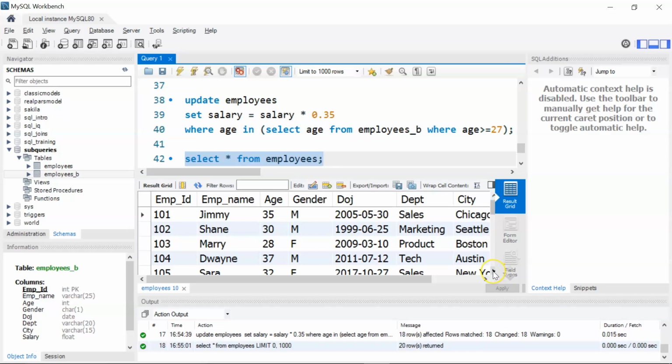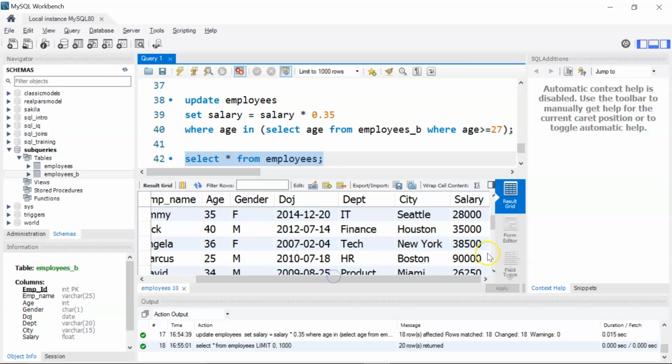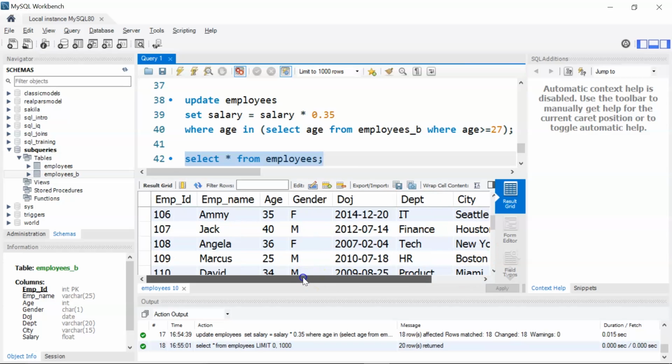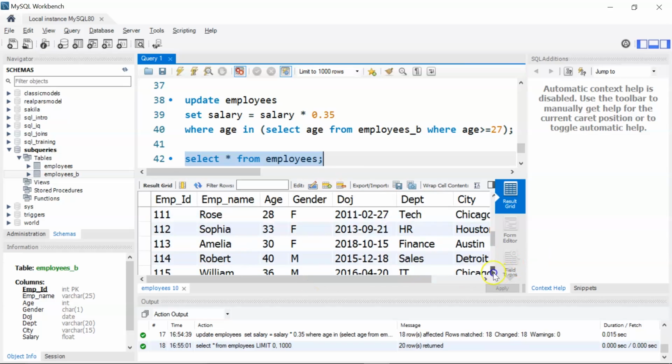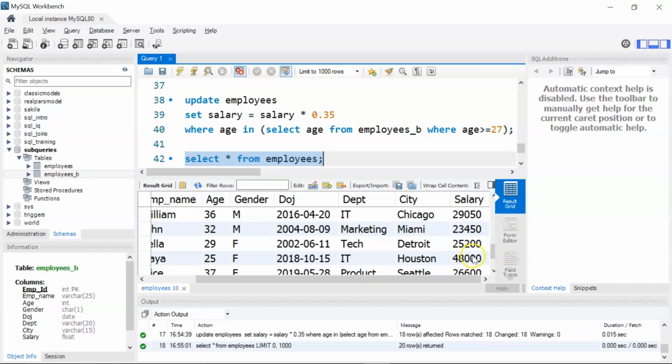Now if you check for employees who have an age less than or equal to 27, for example Marcus, whose age is 25, his salary is the same. We haven't updated his salary. There is one more employee, Maya. We haven't updated the salary of Maya because the age is less than 27. Alright,